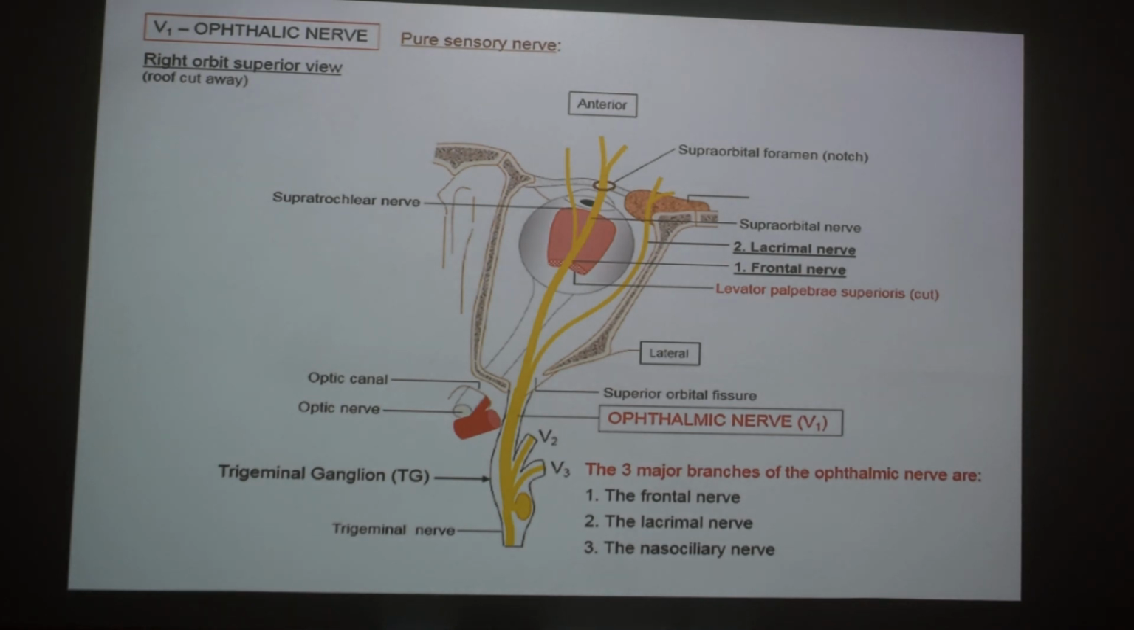Then the important nerve from the ophthalmic division is the third nerve, which is called the nasociliary nerve. Now, nasociliary means that it is going to supply the nose, and its ciliary branches it is going to give to the